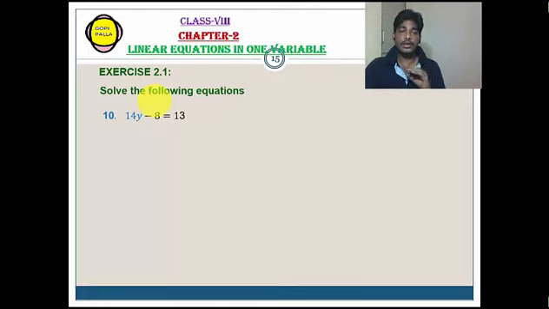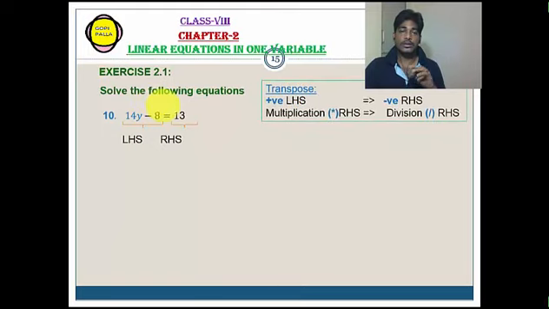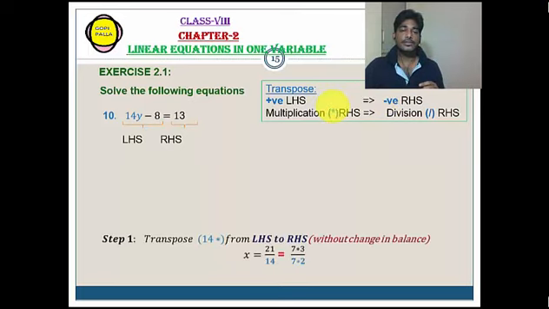4y minus 8 is equals to 13, and here there are two parts. One is left hand side and right hand side, and the transpose, this you just remember, is changing of sign from one side to other: minus to positive, and positive to negative, plus to minus, and minus to plus, and similarly multiplication to division or division to multiplication. So here